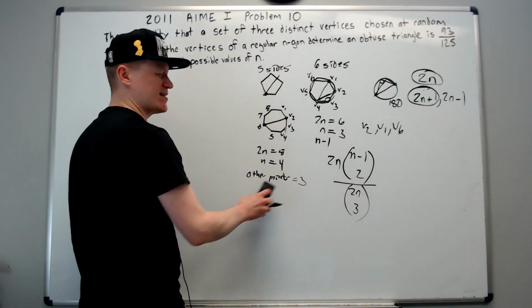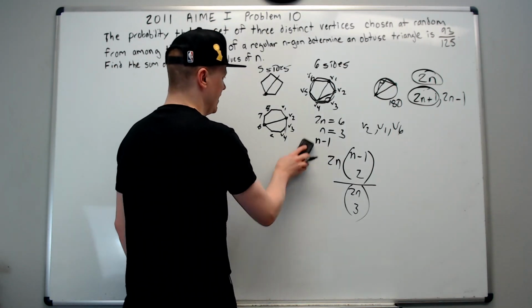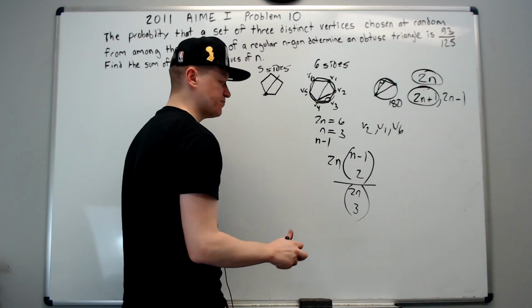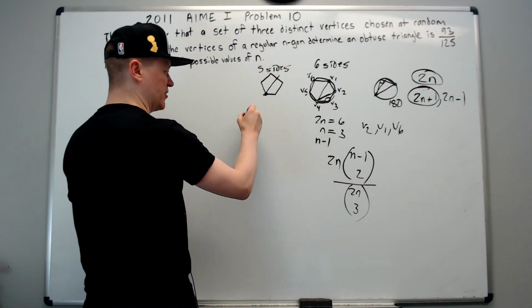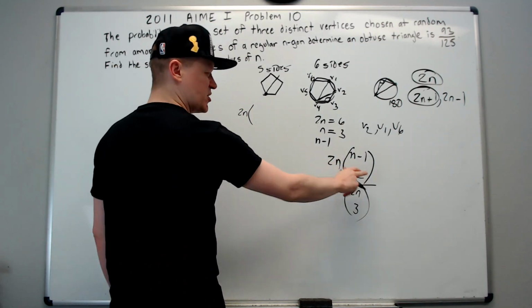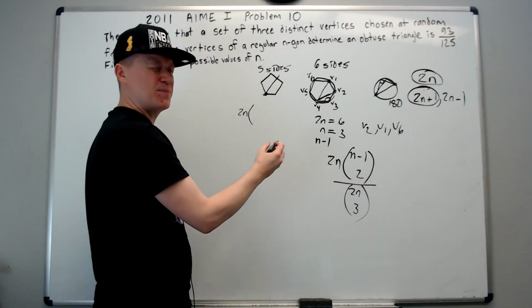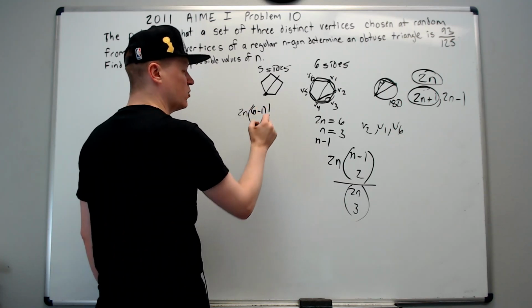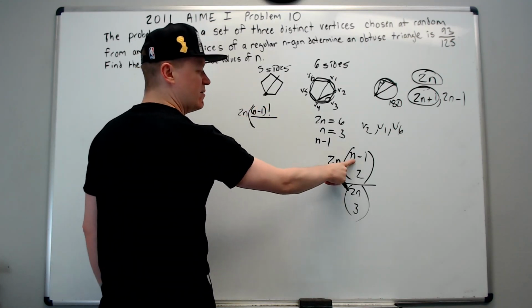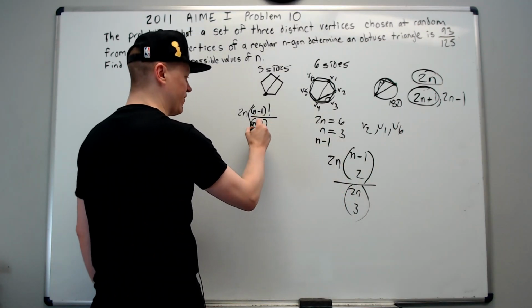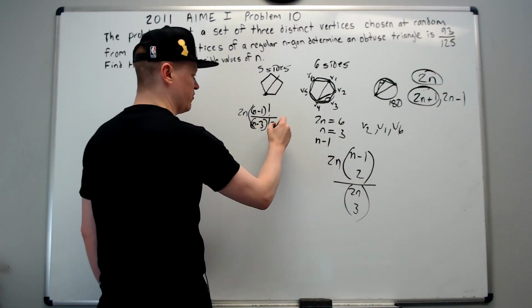I'm going to erase this to make some board space. So we'll leave the 5-sided one up for our other thought later. So we're going to have, let's do the algebra now, 2n times n minus 1 choose 2. You should know how to set up combinations. That will be n minus 1 factorial over n minus 1 minus 2, which is n minus 3 factorial, and then 2 factorial.